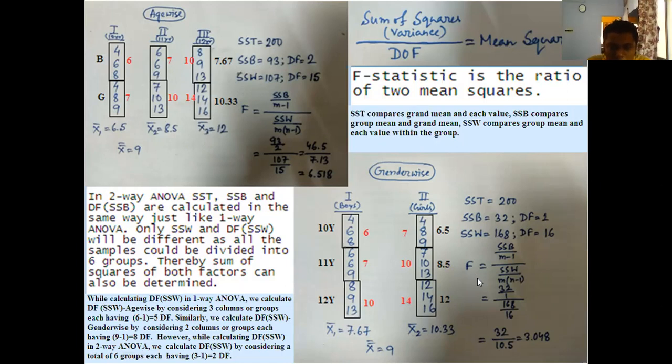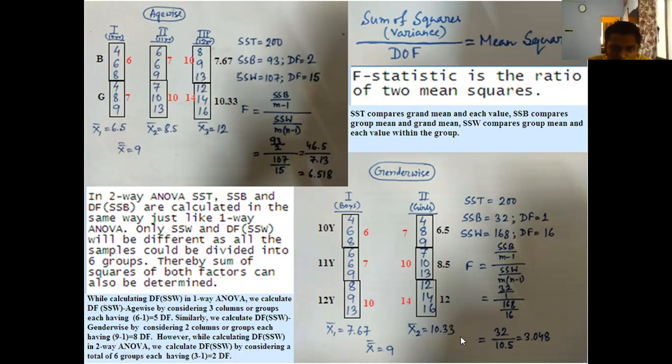But whenever you are considering the subtraction of all the elements from this mean or this mean, these means are not only representing the boys' gender, they are also representing the age group. For example, if you take 10, it represents girls and 11 years. If we take 10, it is representing boys and 12 years. Similarly, here also the same thing.